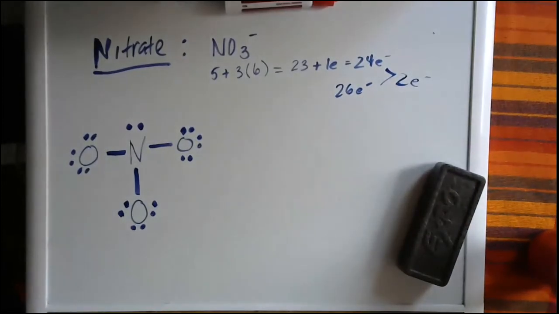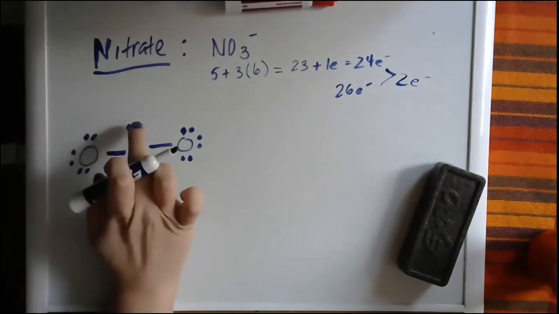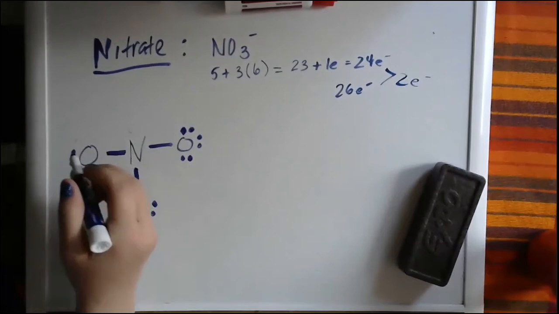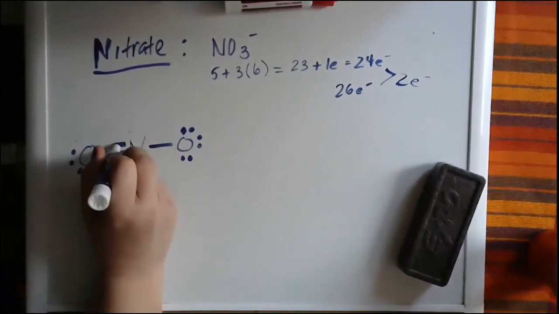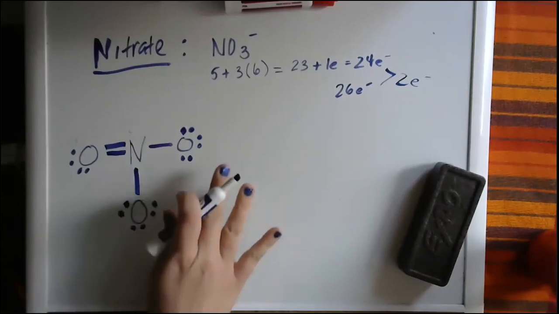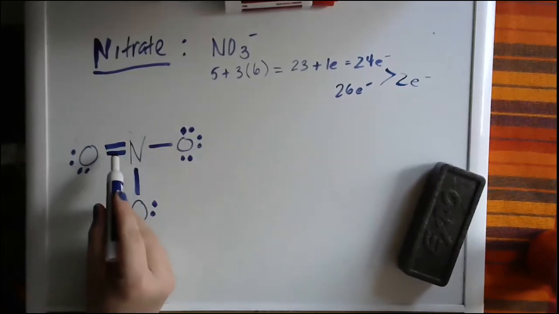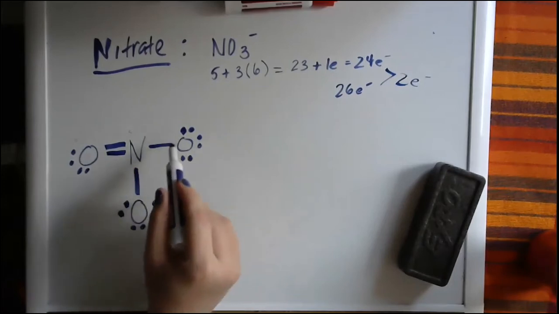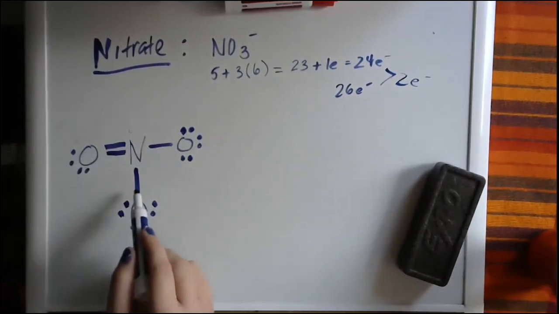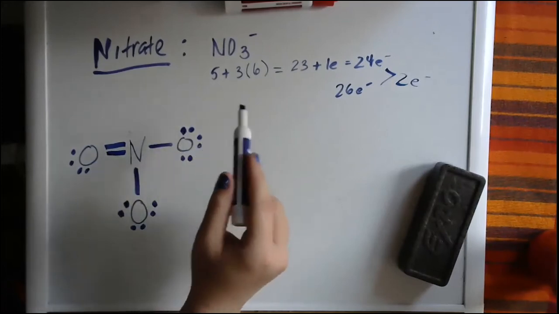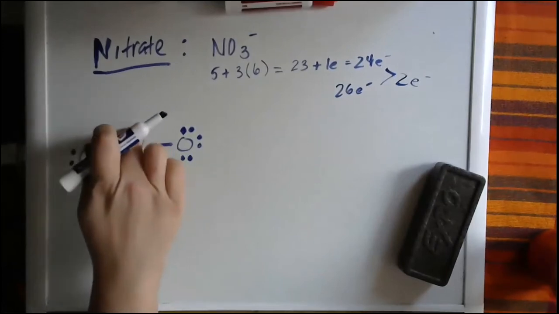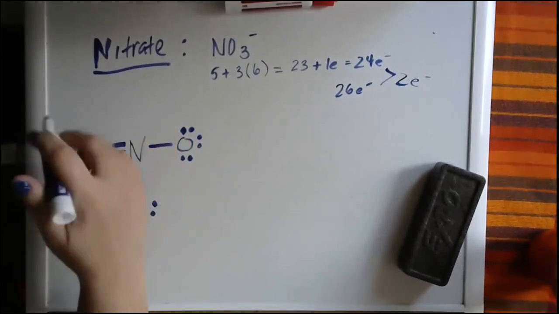All right, so I will remove the electron pair from the nitrogen, and I'll remove the electron pair from this oxygen, and instead I'll put a double bond between those two things. Okay, so now everything has an octet, right? 8, 8, 8, 8. And I have 2, 4, 6, 8, 10, 12, 14, 16, 18, 20, 22, 24 electrons around my structure. So this looks good. So this is one valid structure